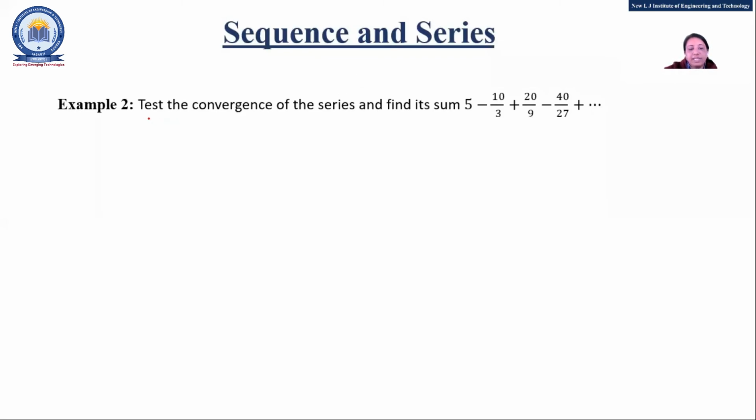Now test the convergence of the series and find the sum. So this is my series. Now here 1 plus, minus, plus, and so on. This was asked in 2017. Fine, so just go through the book after this lecture. Mostly, of the examples given in the book, 80 to 85% are from the GTU exam only, right? What should be A and R? Quickly find this out, A and R.